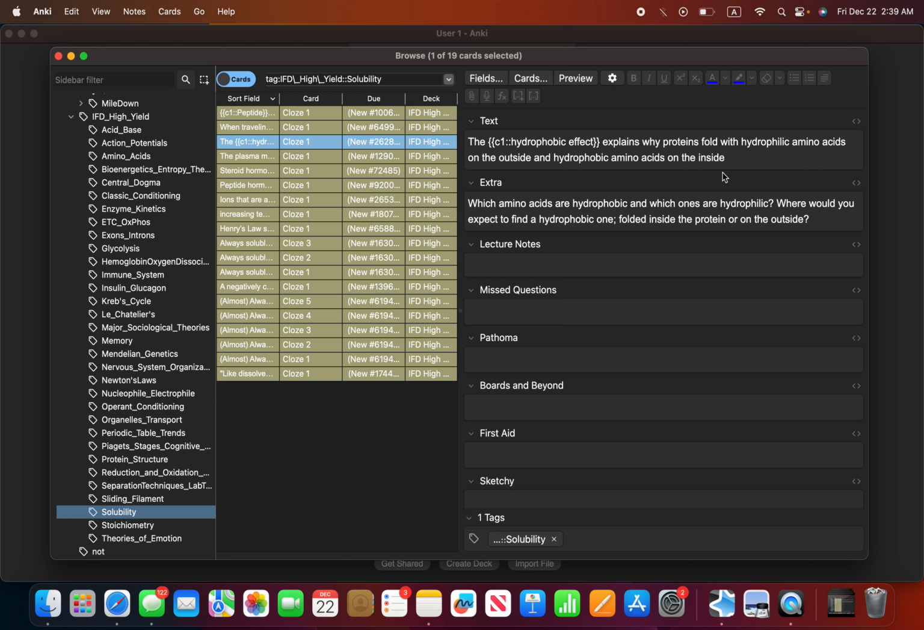So you explain why proteins fold with hydrophilic amino acids on the outside. Yeah, hydrophobic amino acids should fold on the inside and the hydrophilic ones on the outside. Because if you're hydrophilic, you're more like water, and water cannot pass through the plasma membrane because it's polar. The folding is a different concept, but